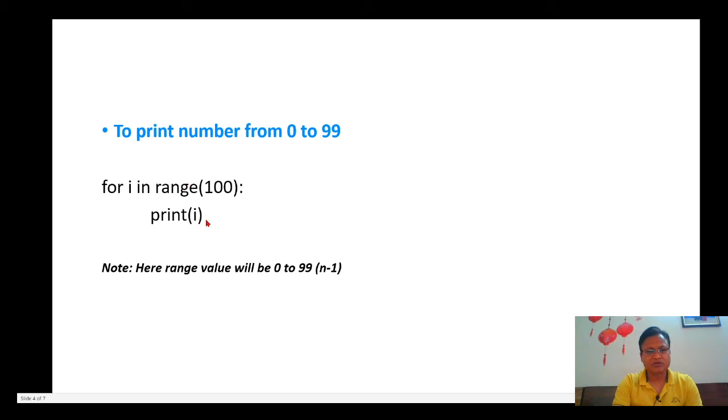So the output, you can understand, will be all the numbers from 0 to 99. In this way, we can print any number or the range of any particular number by using that range function. Here the important thing you people need to notice is that after the for statement, the colon symbol is compulsory, and